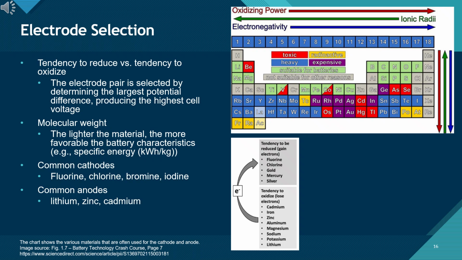When paired, this gives a practical cell voltage of about 3.6 to 3.7 volts per cell. This is much higher than older systems like lead-acid, around 2 volts per cell, or nickel-cadmium, about 1.2 volts per cell. So, the combination of a very light, highly reactive anode material, lithium, and a strong cathode acceptor like cobalt oxide is exactly what gives lithium-ion batteries their high energy density and makes them the dominant choice for modern portable